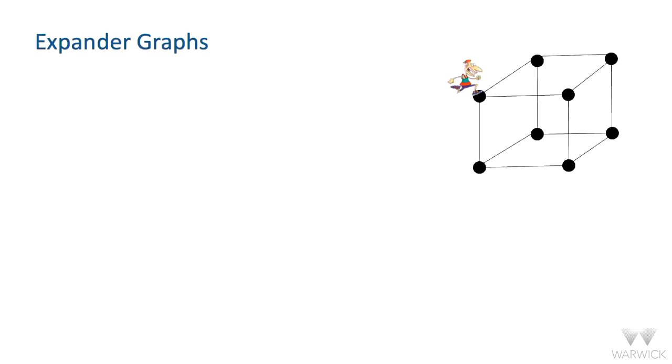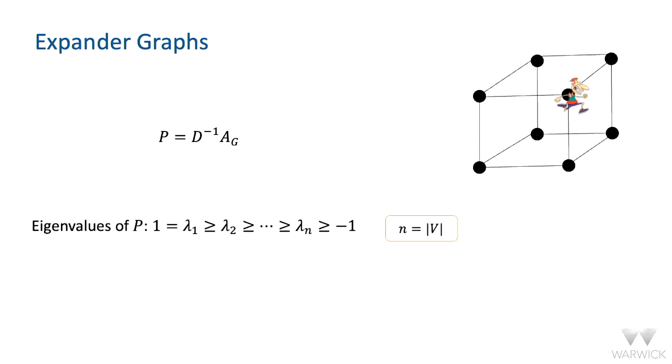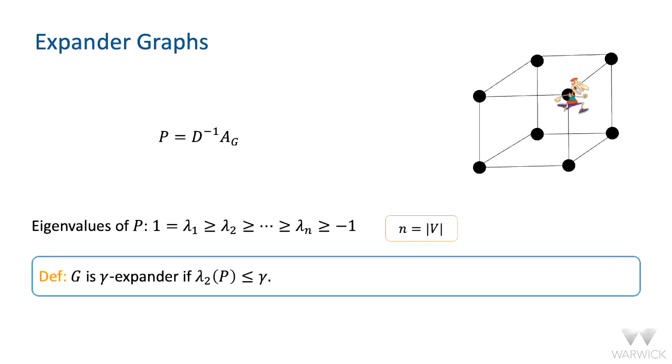So let me quickly remind you about expander graphs. Let's say you have a graph, and a random walker that at every vertex jumps to a uniformly random neighbor. You can look at the transition probability matrix of this graph and its eigenvalues. We know the maximum is 1, the minimum is at least -1. So we say the graph is a gamma expander if the second eigenvalue of the random walk matrix is at